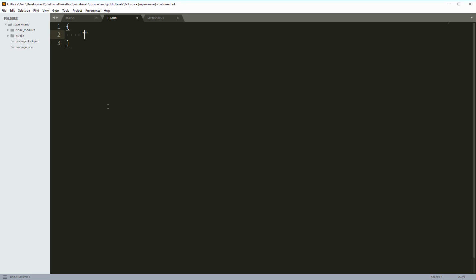So I create a new key here that's called backgrounds. And background is going to be an array. And this array will contain objects. And one of the object properties here is going to be tile. And this tile name is going to be sky. Then we're going to set the range for this tile. So we set ranges. And this is going to be an array of arrays